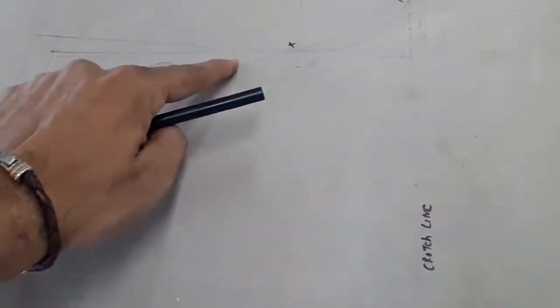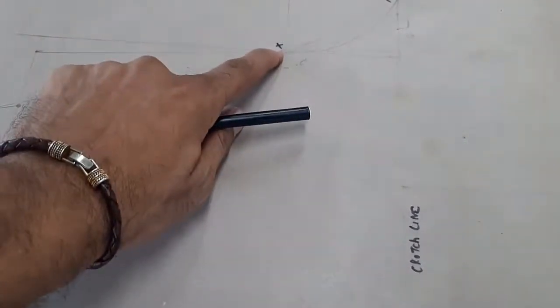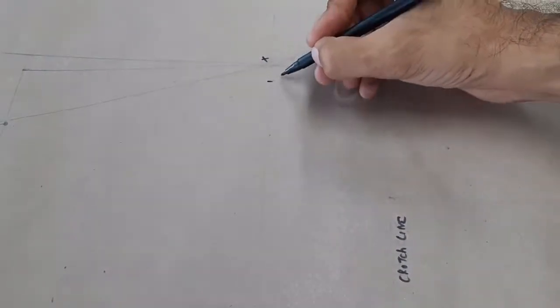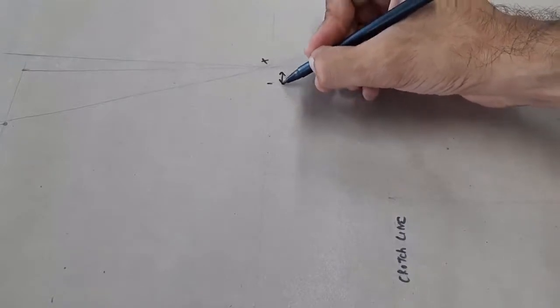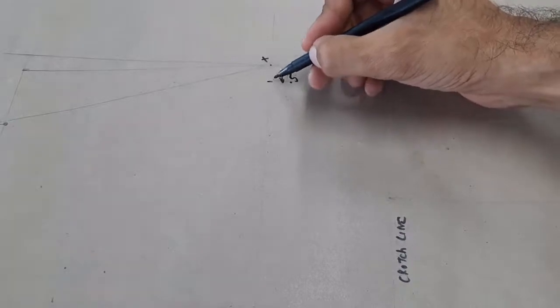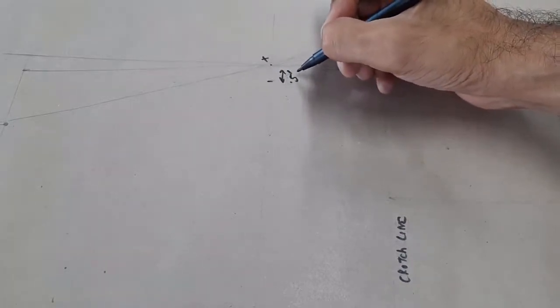Okay, so you can see this line, this is the front crotch curve, and we had this X point. So what we have to do, we need to mark a point here, that is 0.5 inch from here. So just we made a point here, only 0.5 inches,